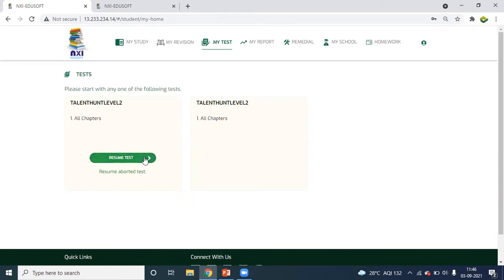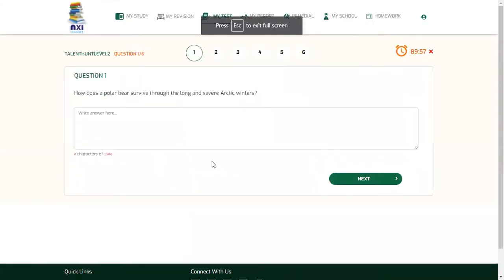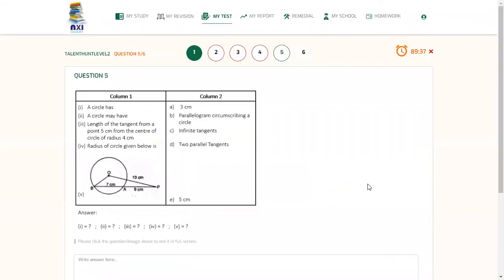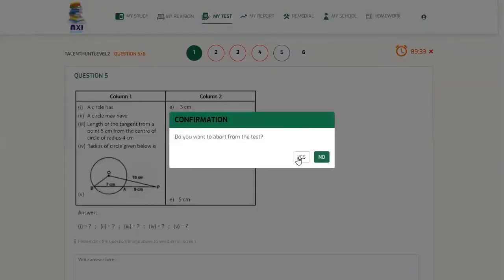He can simply click on, currently this is resume, you can simply click on resume test and appear for whichever test this is. This is one of the subjective exams that we have kept here. There are character limits to each and every answer that they have to write. Similarly, they can try attempting each and every question. What I will do is I'll cut this question out and I'll move out of it.